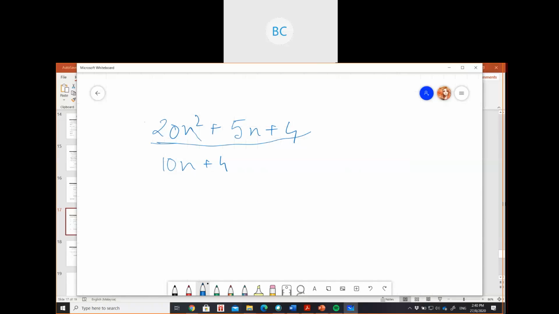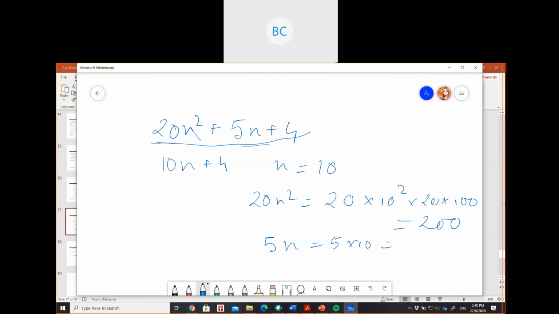20n square is more important than 5n. Suppose your n value is 10, right? So for the 20n square term, it will be 20 into 10 square, means 20 into 100, so total 2000. For the 5n term, it will be 5 into 10, which is 50, correct?